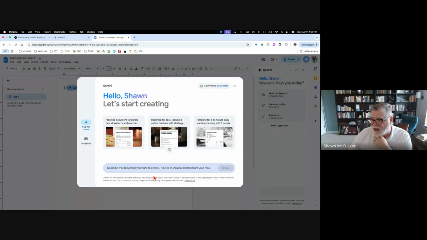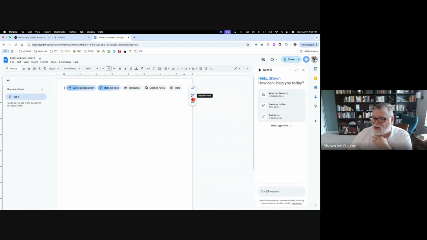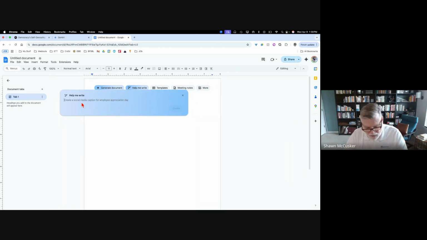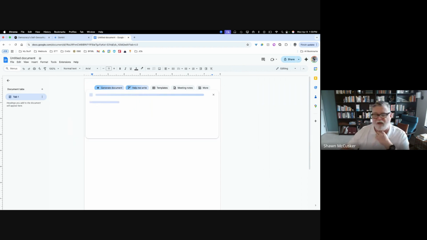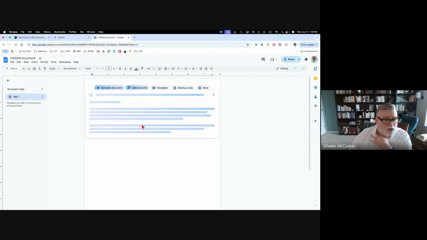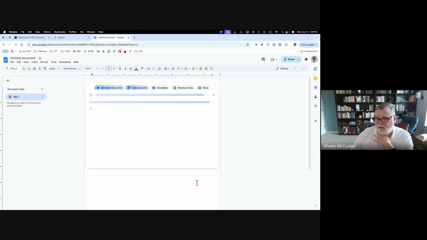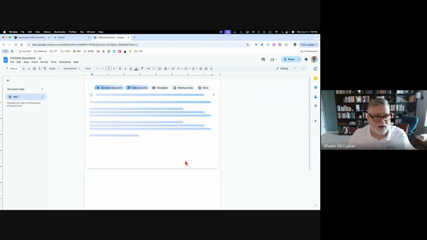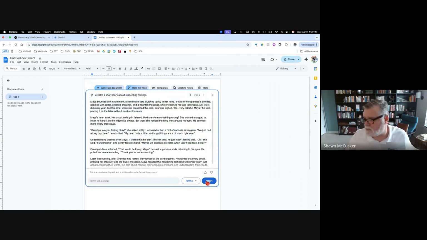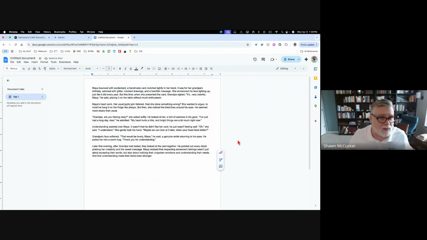I can generate a document simply by creating it. They'll have a feature to check what I've written with AI on the side for a help me write feature, like create a short story about respecting feelings. And then it will very quickly within Google write that for you and drop it in, and then I can insert it or I can refine it. Basically, that's the features that are going to be within a lot of different tools. So I can easily, that quickly, write a story.